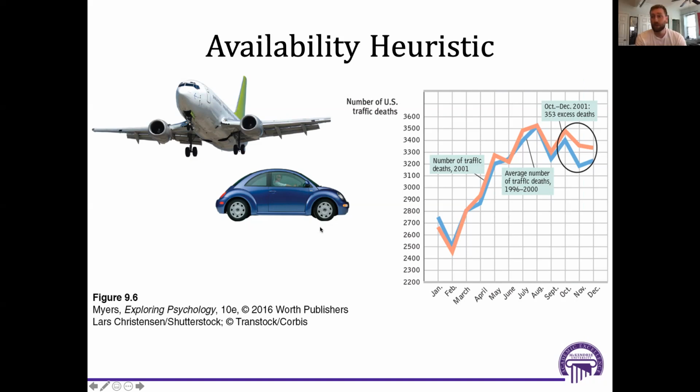And so what they ended up doing is that they were more likely to drive, despite the fact that driving is more dangerous, right? So the statistics bear this out. Driving is so much riskier than taking an airplane to travel, right? And so as a result, what we see here is this increase in automobile deaths in the aftermath of September 11th, another real world example of the availability heuristic.